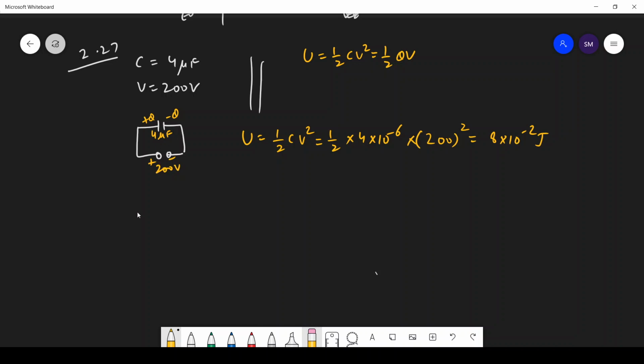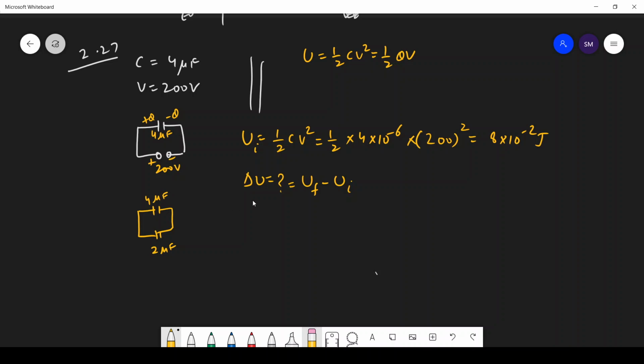Now what happens is that it is then disconnected and connected with the capacitor of 2 microfarad. So this was 4 microfarad and this is 2 microfarad after it was charged. Now, how much energy does it have? Suppose we need to find the change in energy, right? Change in energy means U final minus U initial. So this was the initial energy. And the question is, how much is the